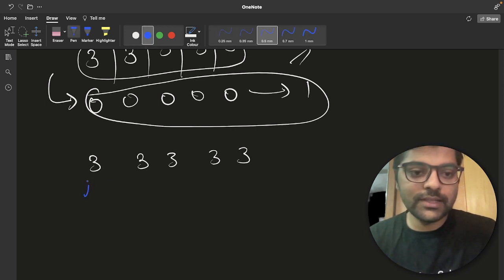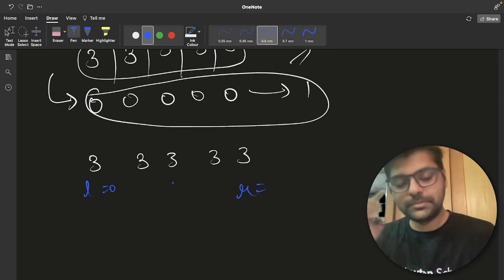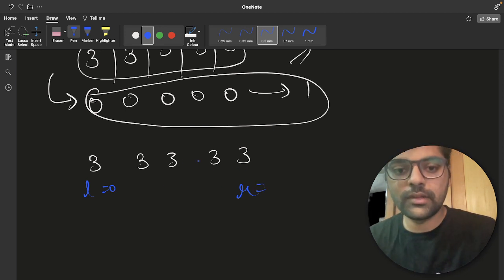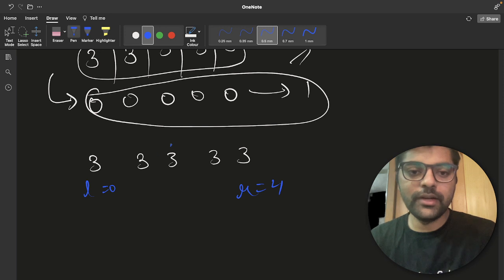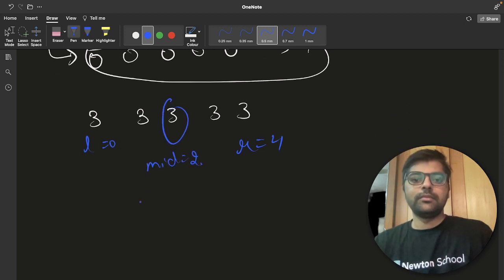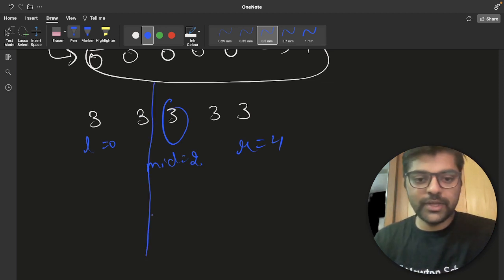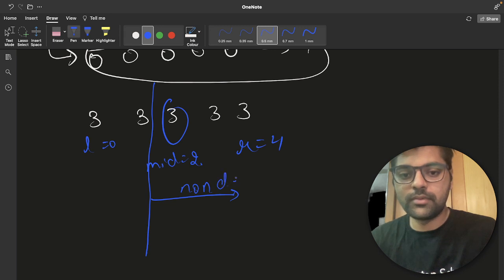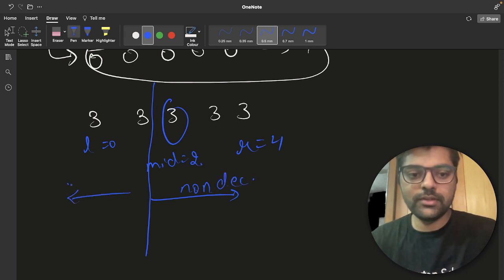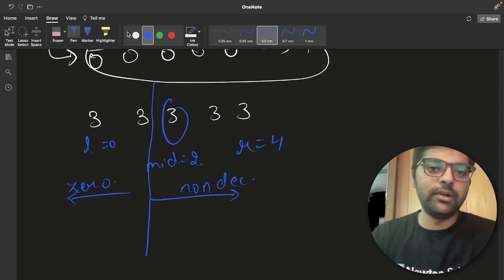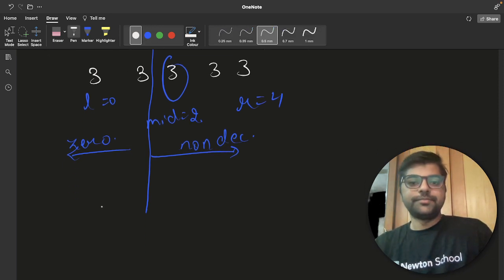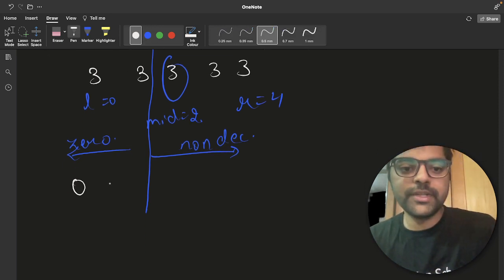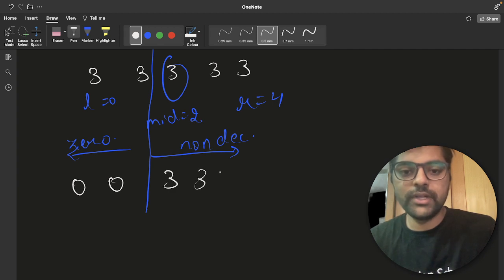Let's consider L equal to 0, R equal to 4. What will be our mid? Mid will become 2. Then what am I taking from here? This will be non-decreasing and this will be 0, right? So let's make it 0 and this is non-decreasing.